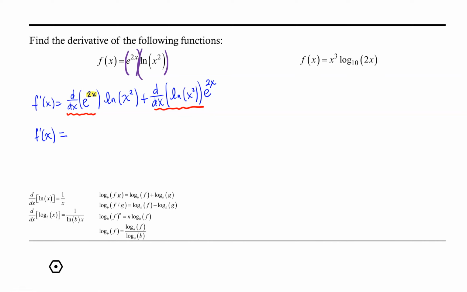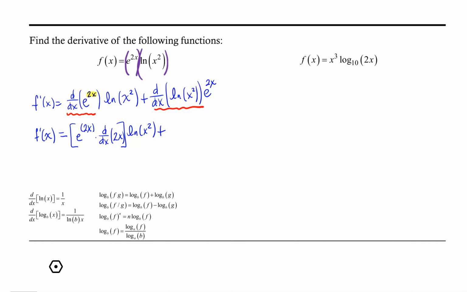So we're going to end up with the derivative of an exponential function is that exponential function, so e to that power or e to that argument times the derivative of that exponent. So the derivative of the 2x times the natural log of x squared